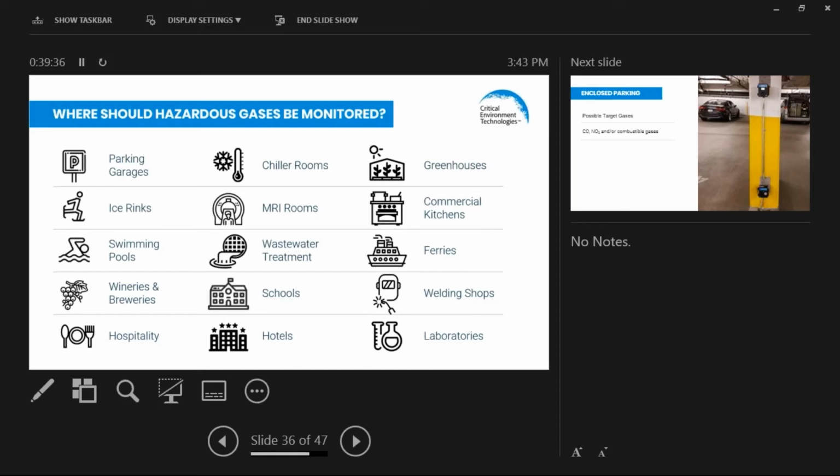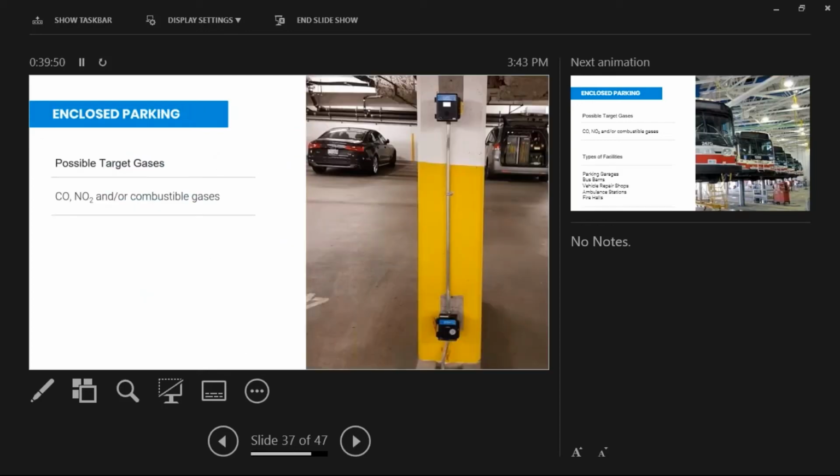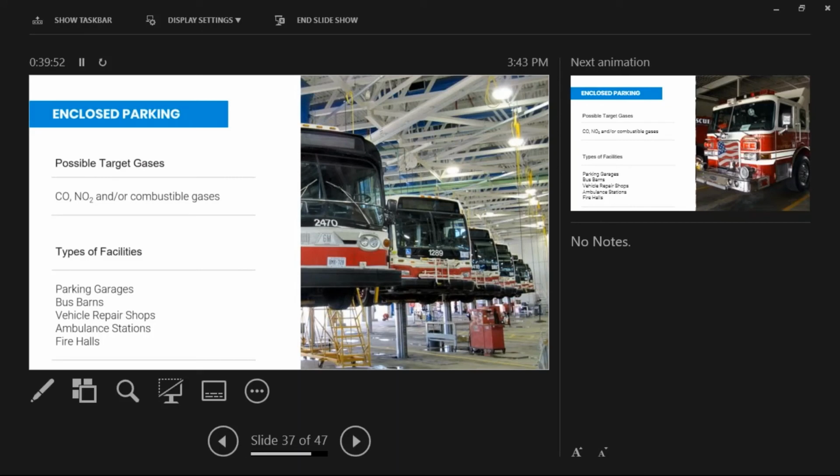They're being monitored for carbon monoxide and nitrogen dioxide, getting up into the lounge area or into the workers' quarters. And of course, welding shops and laboratories. So enclosed parking garages or repair facilities, bus barns, vehicle repair shops, ambulance stations, fire halls,